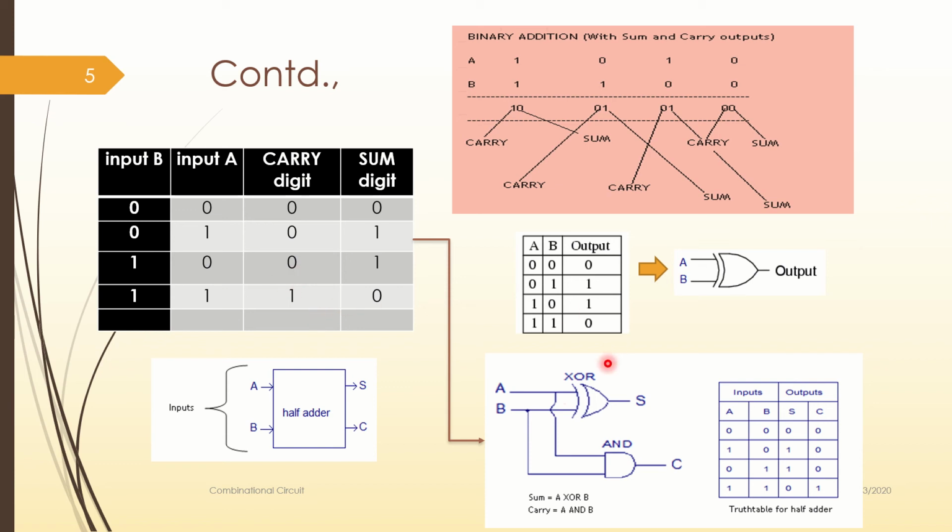So how do we draw the circuit? A and B are the inputs and the XOR gate will get me sum. The A and B, when you take and feed it into an AND gate, you get the carry. So sum equal to A XOR B, carry equal to A AND B. That's it. We have written the truth table. We have derived the expressions and what is left, we need to write the Verilog code. Is it complex? No, it is not. It is very easy and I'm going to explain that to you shortly.